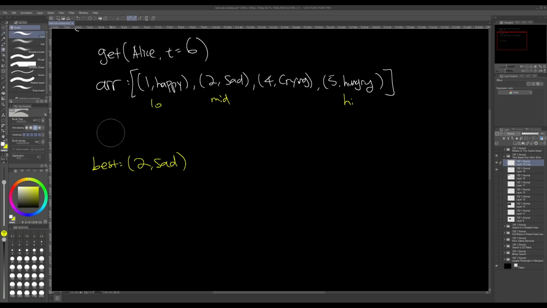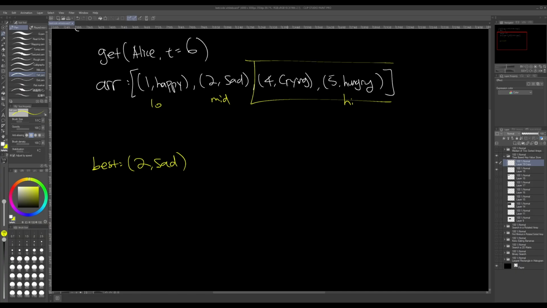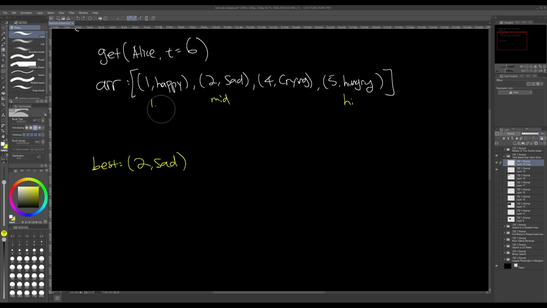So let's keep going. Then we need to narrow our search space. Where should our search space be narrowed to? Well, we're not going to check this again because we've already considered that as part of our answer. And like we said, since we found a valid candidate, we don't care about everything to the left of this, because these are numbers that are smaller than it, right? We want to find a larger number this time. So all the larger numbers reside on this half of the array,